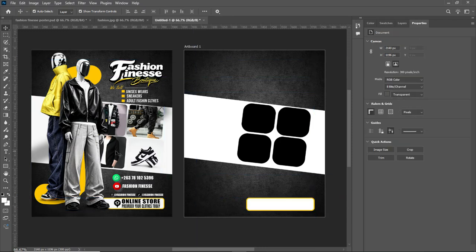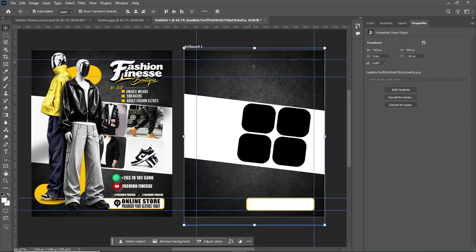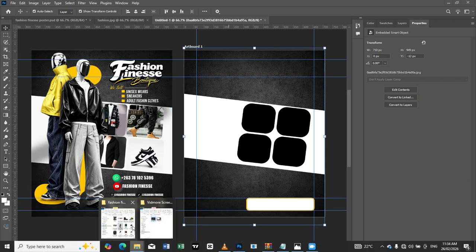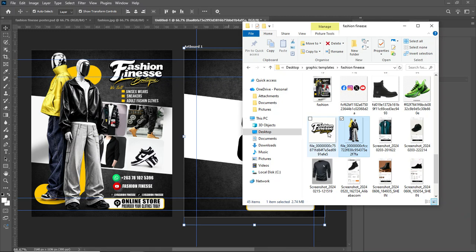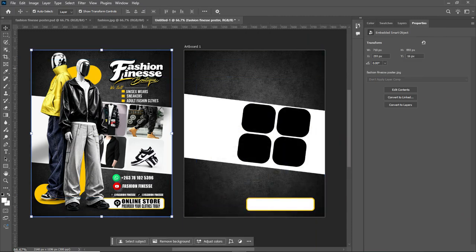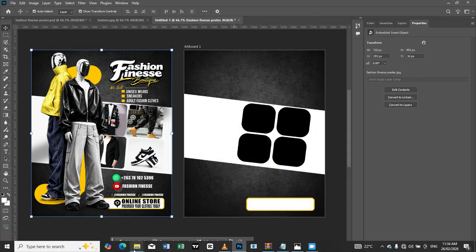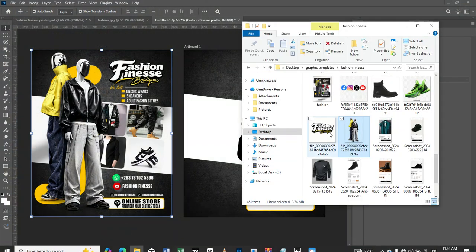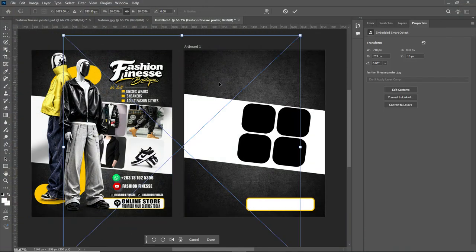Now we're going to input this. We're gonna put this logo. So this is a logo for the company. So you guys have to create your own logo similar to this thing. You can use AI or you can design it. So since I already have it here, I'm going to take it like this, drag it there,